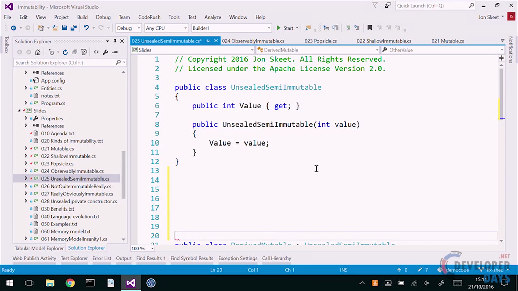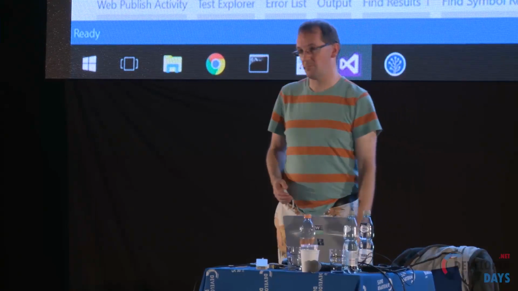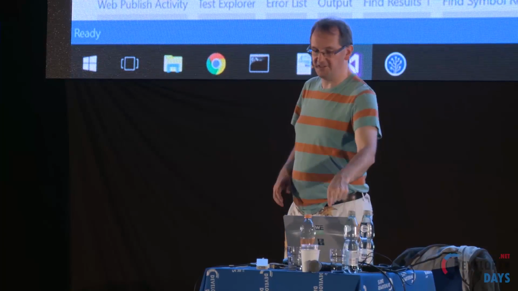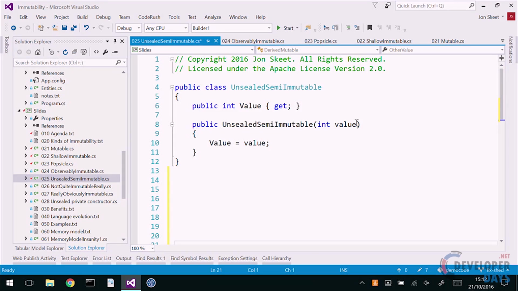Here's some code that, if I hadn't put in the title unsealed, semi-immutable, you might have had to think a little bit to say, well, what's the difference between this class and the one that's obviously immutable later on? And the difference is this is unsealed. There's nothing in an instance of just unsealed semi-immutable that I can change. But that doesn't mean that I can regard it as an immutable type, in that if I have a reference to an instance of this class,